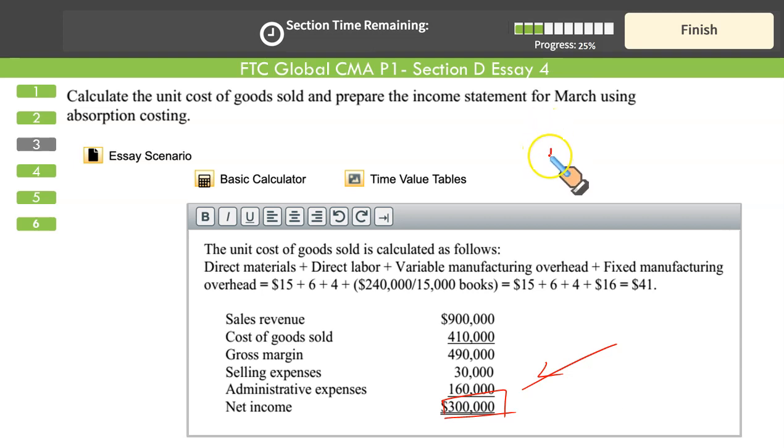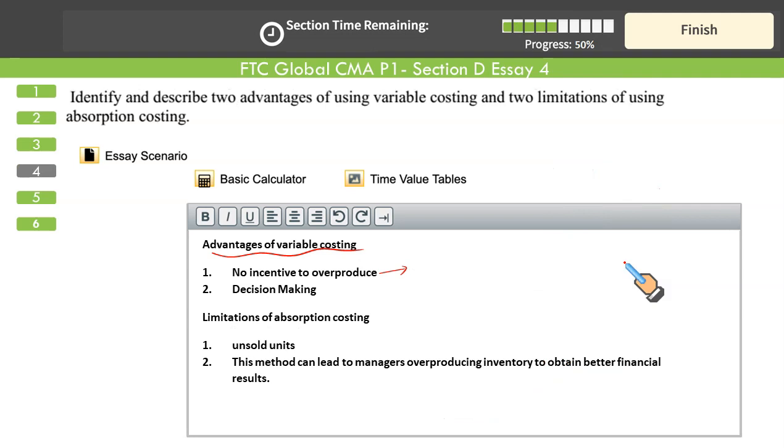Conversely speaking, whenever your sales is more than production, in that case, profit calculated under variable costing will be higher than the profit calculated under absorption costing. Reason, the fixed cost that was embedded in inventory finally gets released in your CGS. Resultantly, now your absorption costing profit has fallen compared to the variable costing. This is the idea we discussed in detail in your essay type 3.